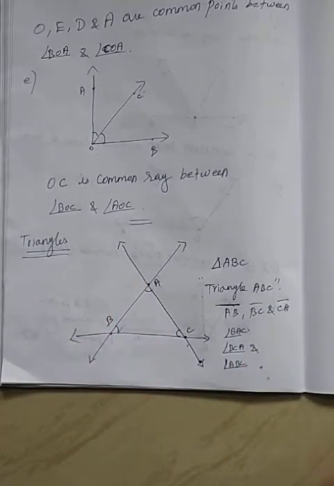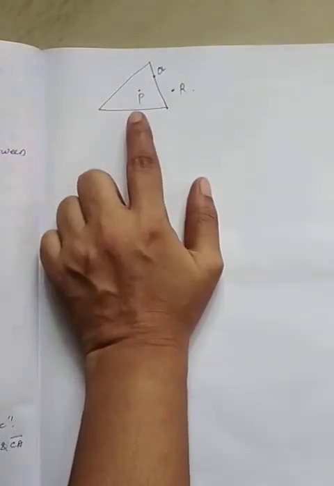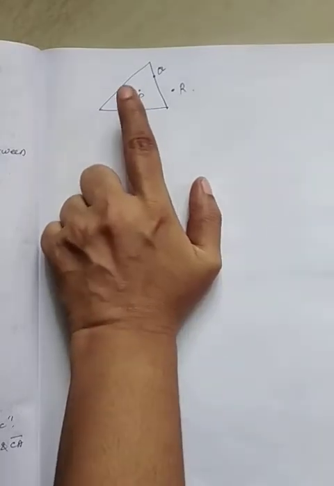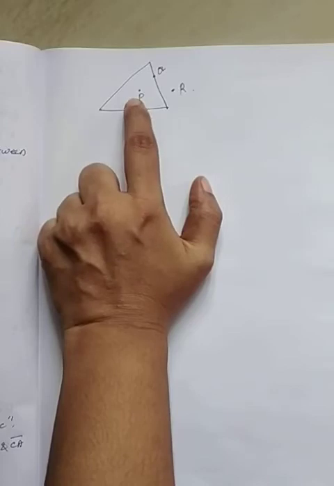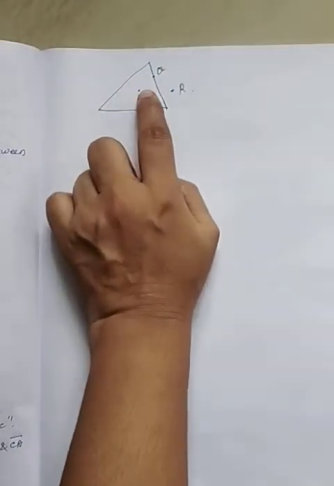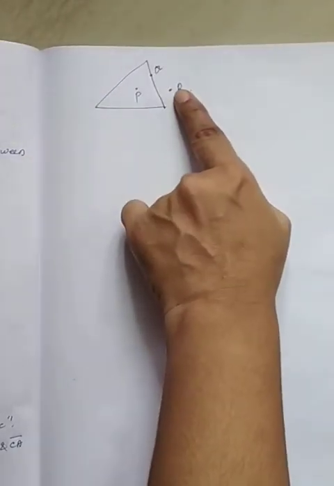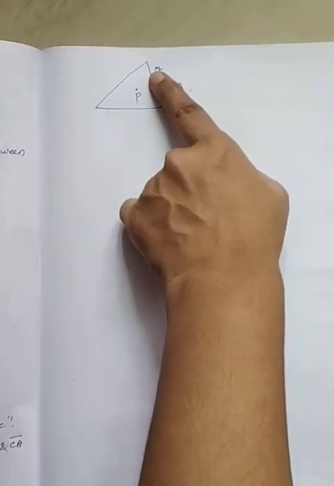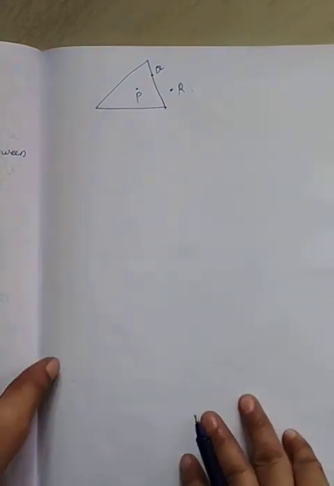Okay. So see the other diagram. In this diagram, being a polygon, a triangle has an exterior and an interior. In this figure, P is in the interior of the triangle. R is in the exterior of this triangle. And Q is on the triangle. Everybody clear? Now we see some exercise problems.